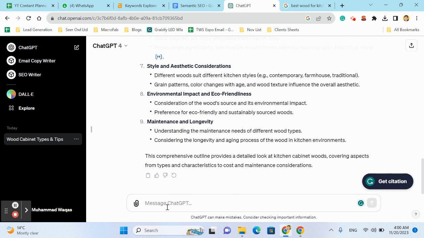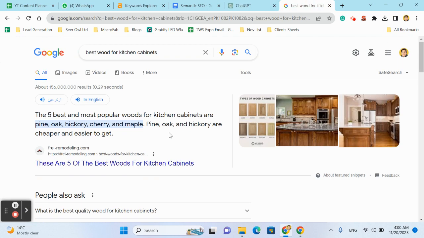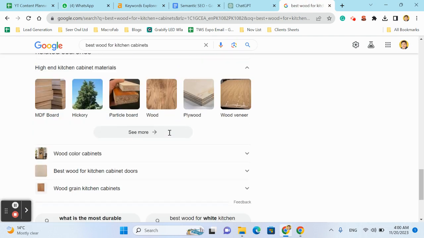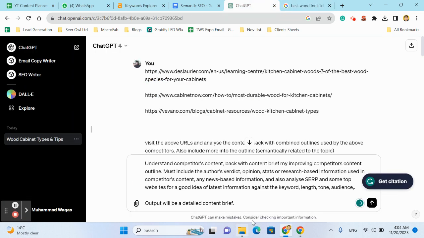Now we will write a prompt to generate the content brief by analyzing the SERP and the competitor's URL. Here we will write the prompt. The prompt is: understand competitor's content